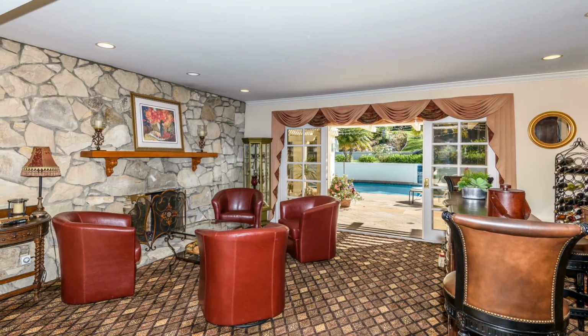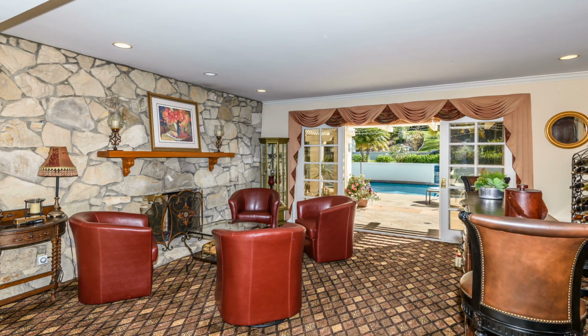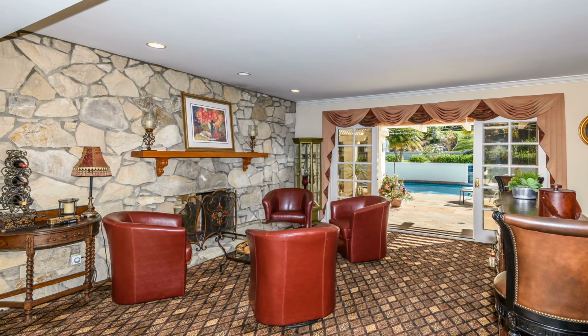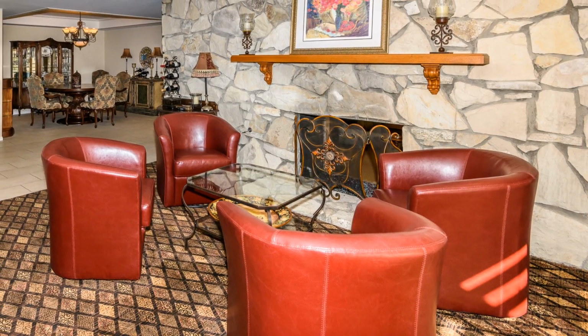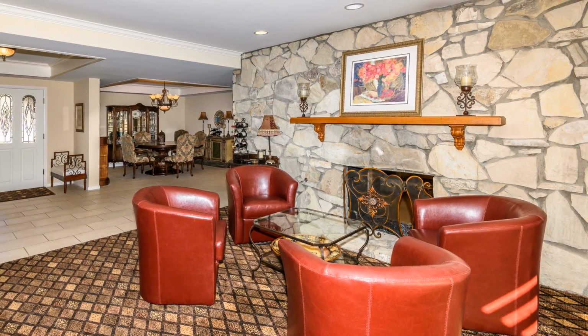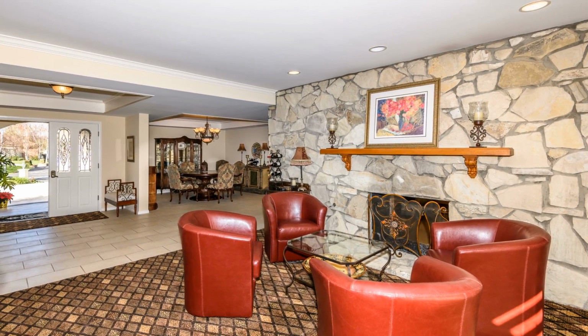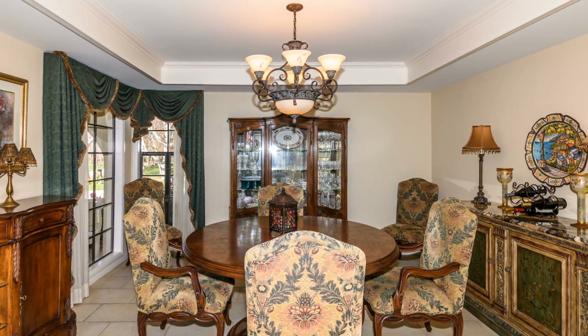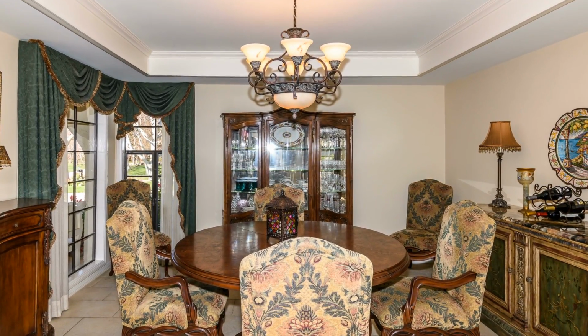Stepping inside this impressive home, your eyes are drawn over the incredible open floor plan and out through sliders to the magnificent backyard with its sparkling pool and spa. A stone wall houses the fireplace, which is an idyllic spot for sharing cozy conversation with your guests. Nearby, a spacious dining room with plenty of space to accommodate a hutch or buffet stands at the ready for